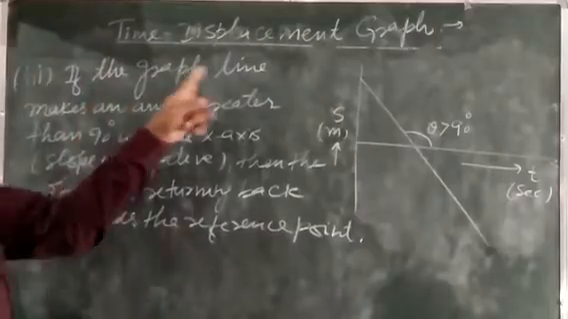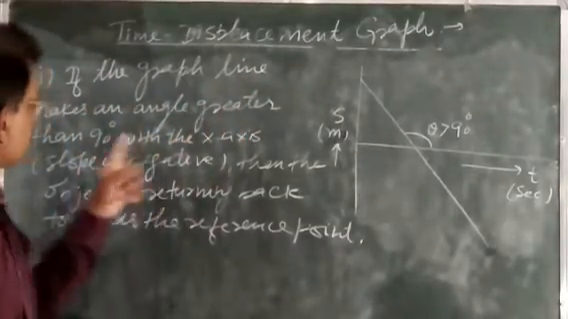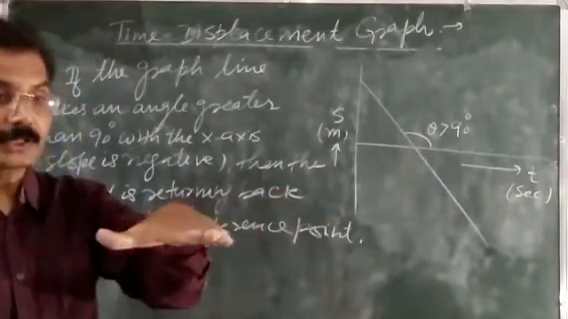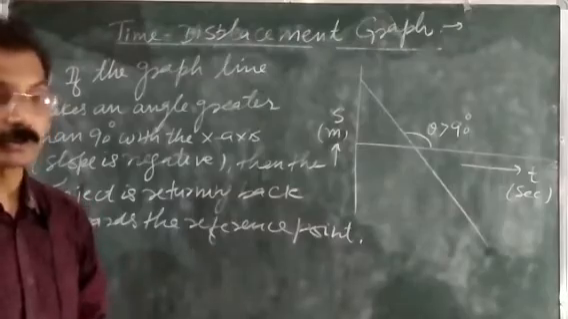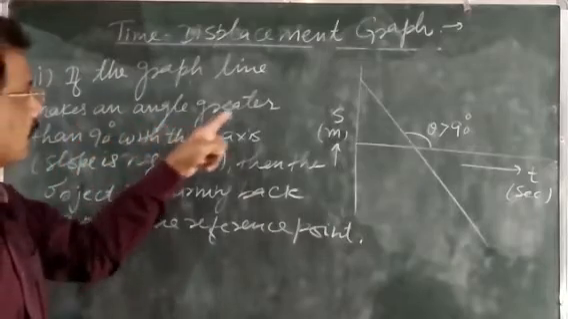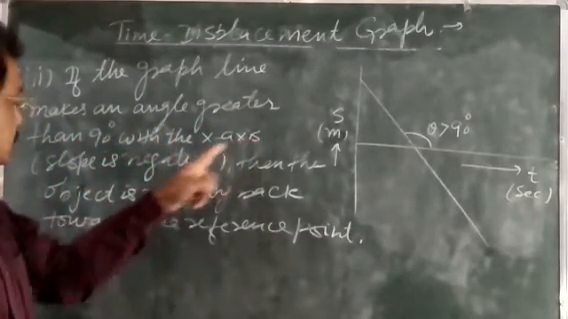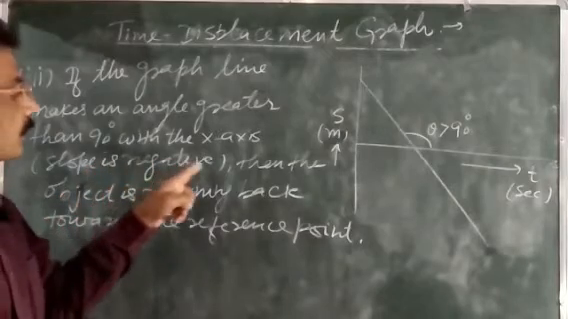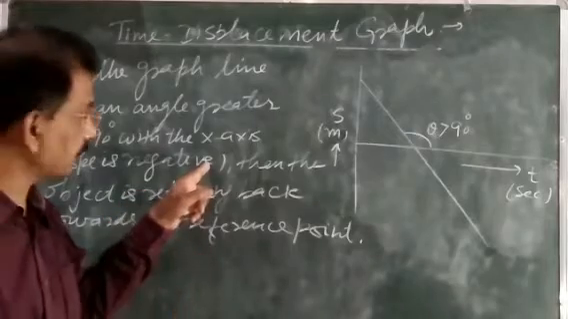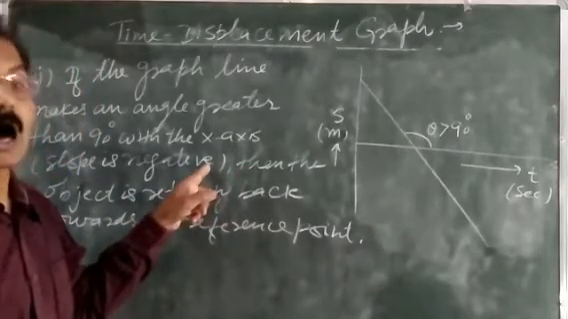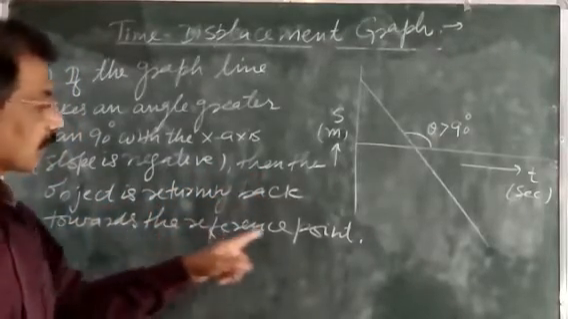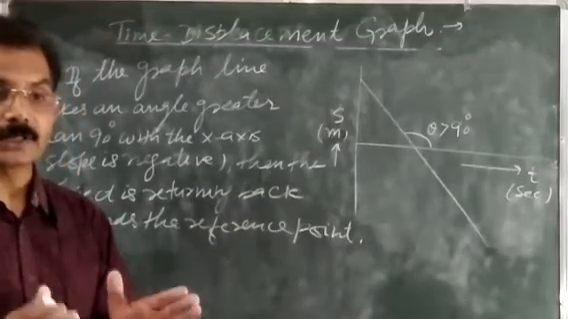Now next, if the graph line makes an angle greater than 90 degree, and remember this, if the graph line makes an angle equal to 90 degree with the x-axis or time axis, then the velocity becomes 0. But if the graph line makes an angle greater than 90 degree with the x-axis, then in this case the slope is negative. Negative slope means the velocity v of that object also comes negative. And negative slope and negative velocity mean the object is returning back towards the reference point, or the object is going in